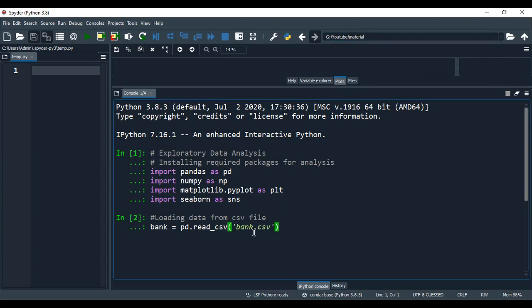Wherever this CSV file is available, you have to set that as the working directory before this. Otherwise, you have to give the entire path where your CSV file is located. So it has been successfully loaded. The CSV file is available right now.